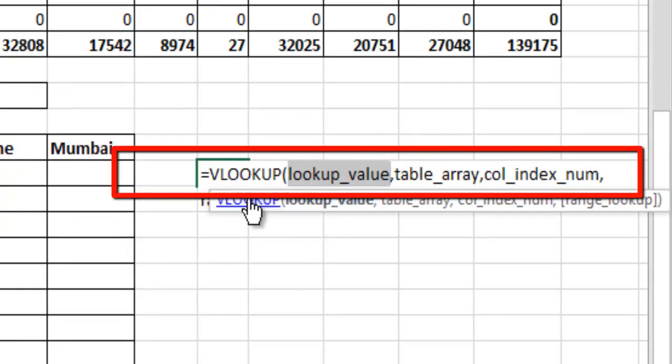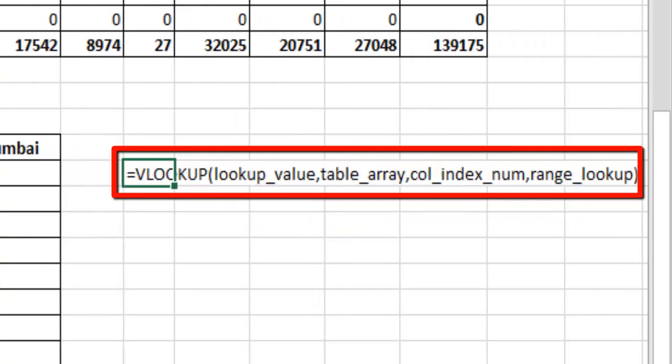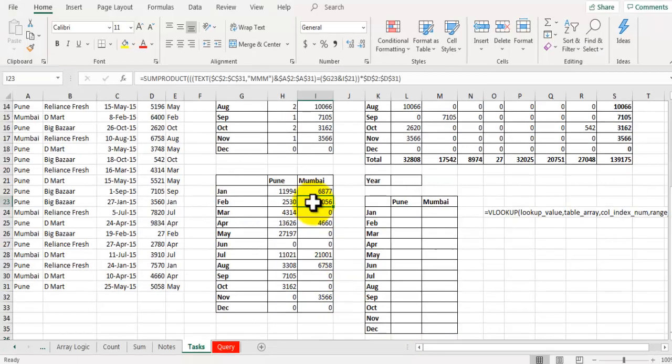Now you need to go to the start of this VLOOKUP function, convert this function into text. Now you can see the function VLOOKUP and its list of arguments, and using this you can easily explain this formula to anyone.